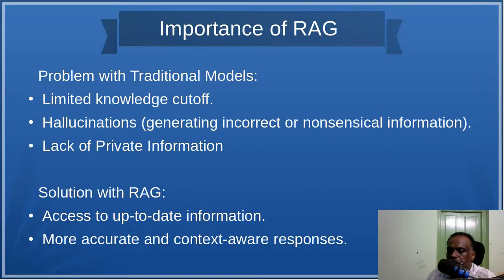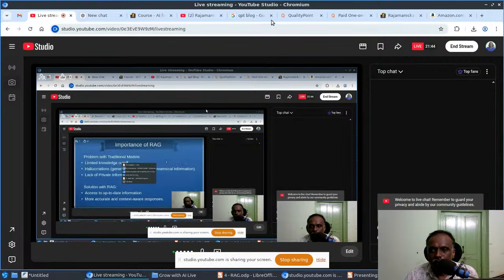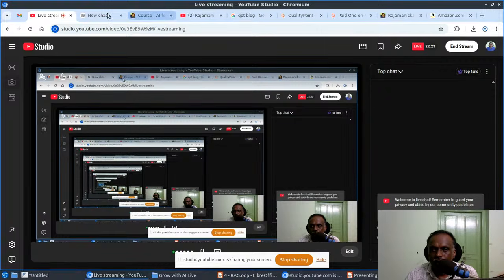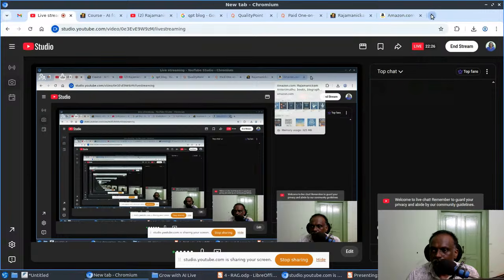First one, limited knowledge cutoff, right? In the case of limited knowledge cutoff, any LLM, whether it is GPT-3 or whatever version, if you take any GPT version or Gemini version, Gemma version, every model has its own limited knowledge, a knowledge cutoff date. That's what limited knowledge cutoff is. Let us open ChatGPT, and we can ask ChatGPT about its knowledge cutoff date, right? I will just ask ChatGPT